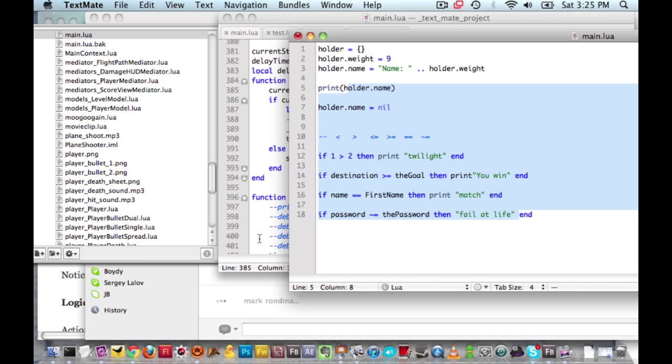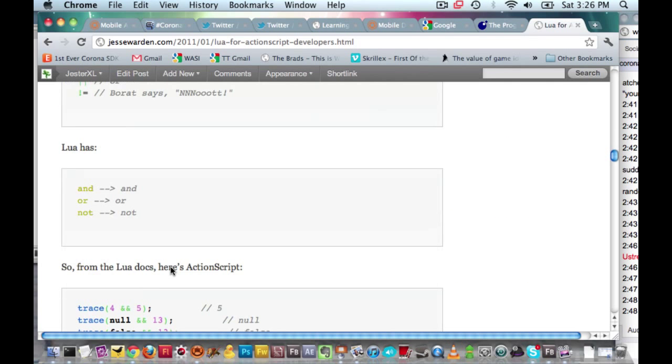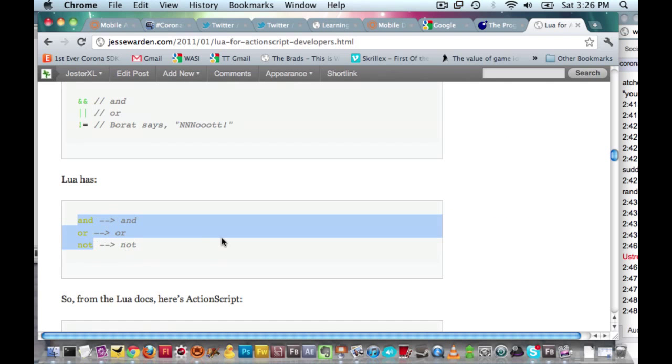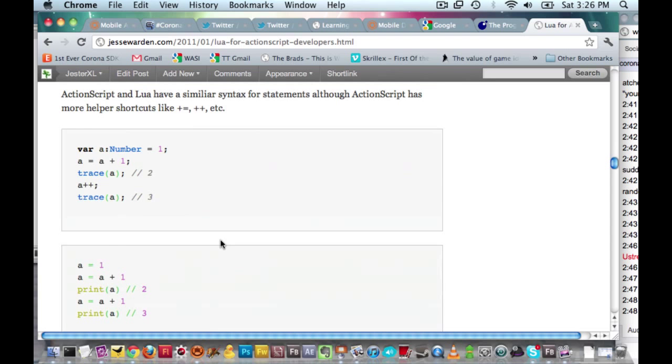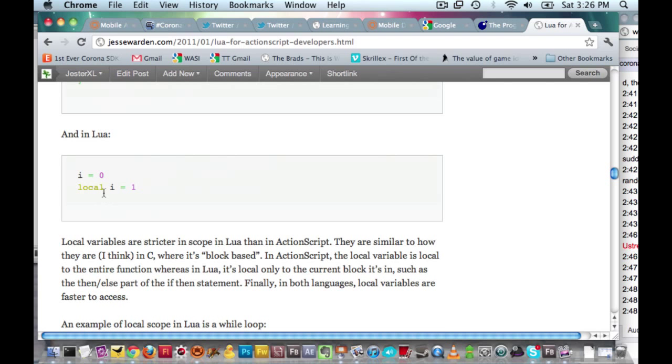This is really all the basics you'll need to build most of your apps. So what else? I think that covers the basics. The logical operators, we have and, or, not as well, which are good. These are pretty straightforward. I think the only thing, again, to reiterate, is that local is really important from a speed perspective, and